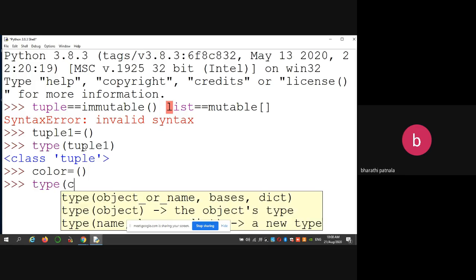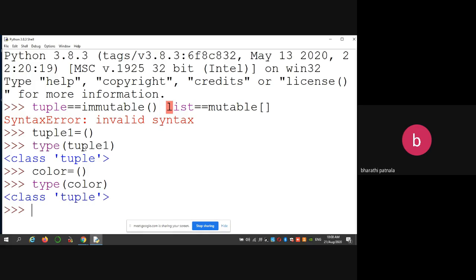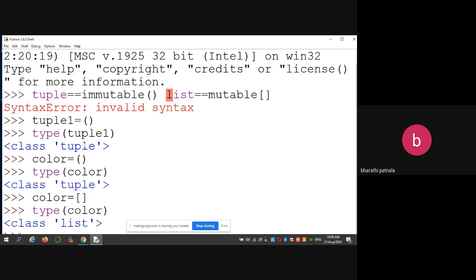Again check the type of color, which is a tuple. Whenever you declare it with square brackets, it is represented as a list. So with empty parentheses you can represent it as a tuple, and by using square brackets, you can represent it as a list.